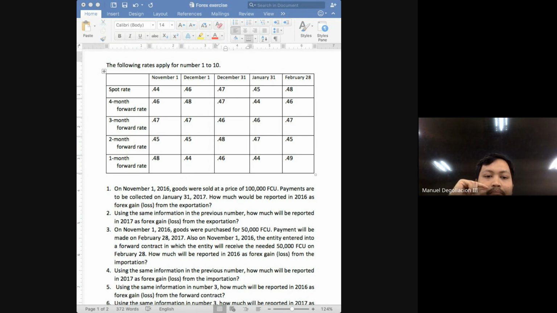Okay? And then again, the reporting date obviously is your balance sheet date. And the reason we will prepare an entry here is that we will need to adjust the balance of your accounts payable and your accounts receivable, class. Settlement date, I will use settlement date, class, to refer to either the date of payment or date of collection. When we say date of payment, meaning we are the buyer. When I say date of collection, that means we are the seller. To refer to both dates, class, we will just call them as the settlement date.